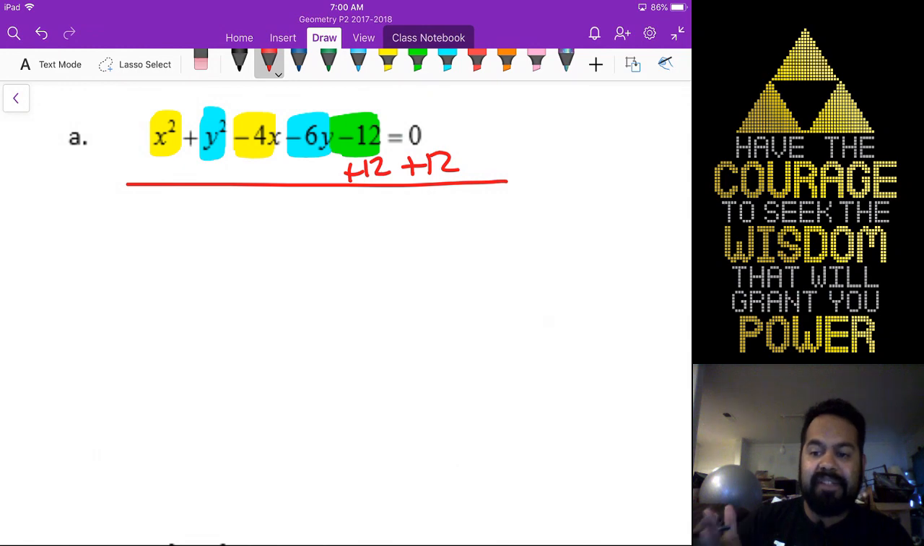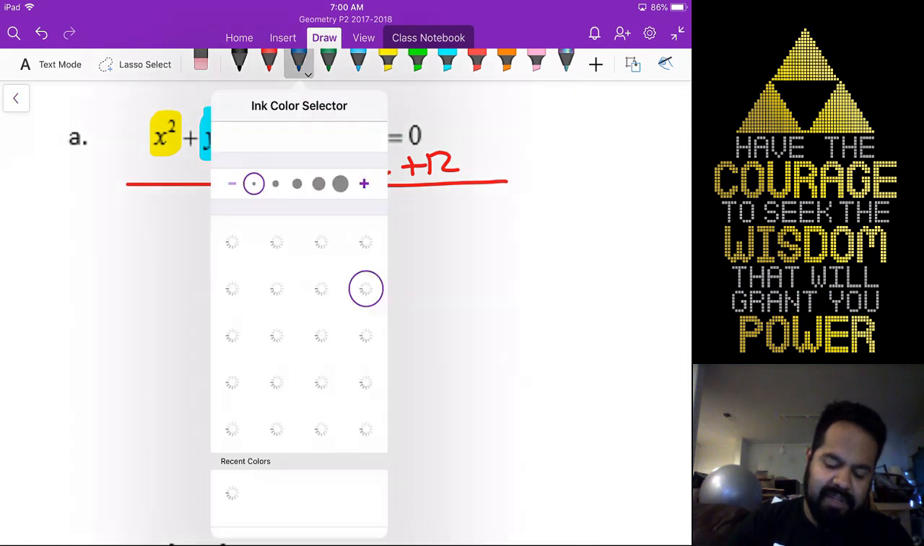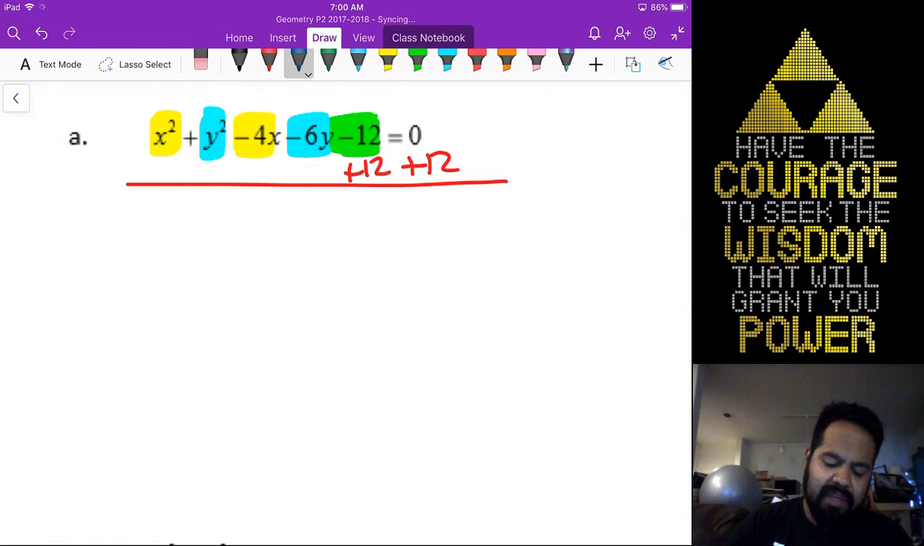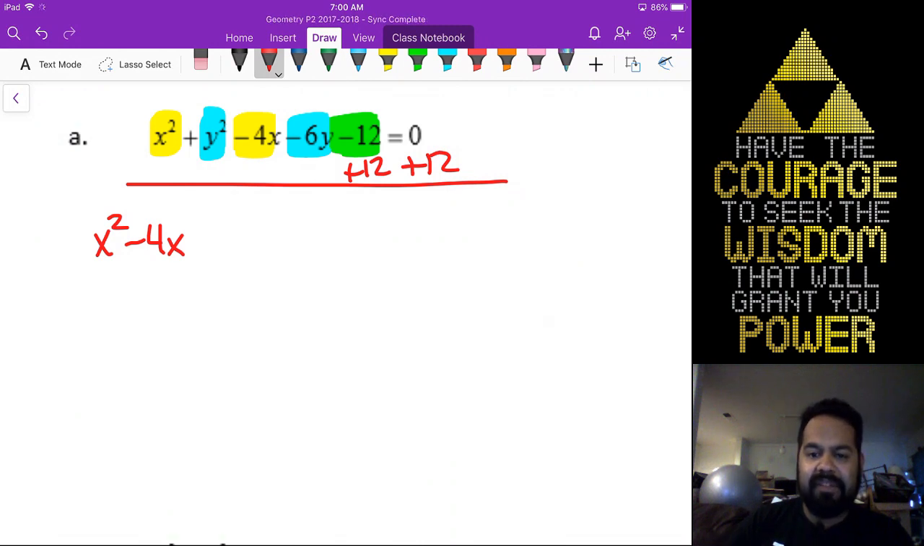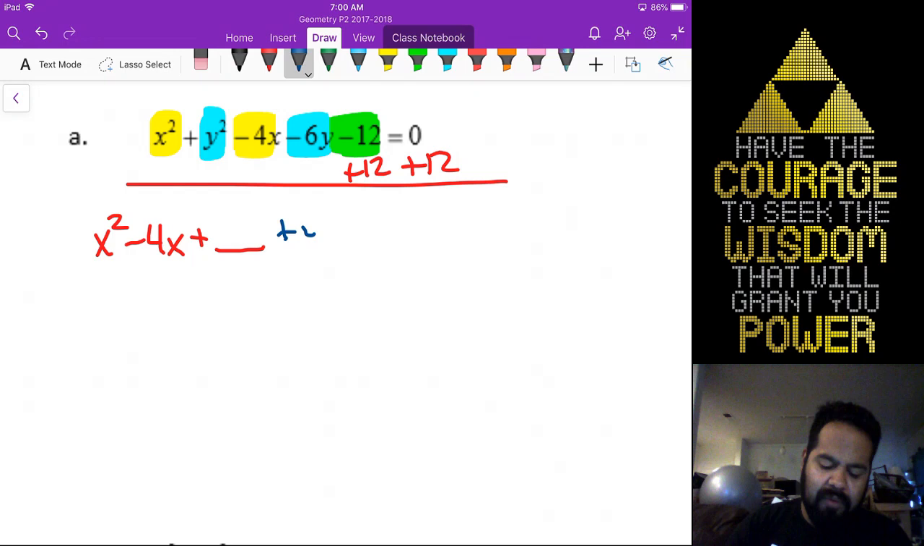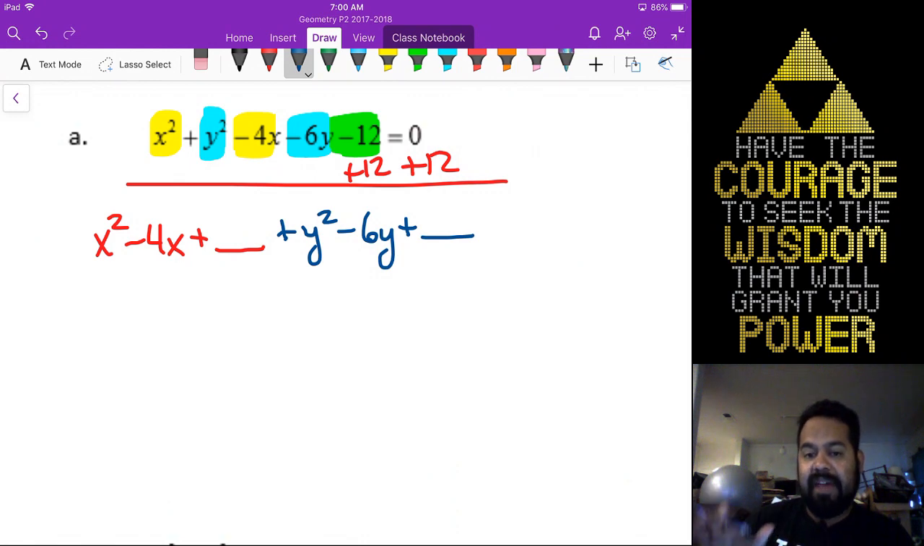Now watch this. I'm going to use the two different colored pens to help me out. Let me make sure the blue is a little, there we go. So check this out. x squared minus 4x, and the first part of completing the square is leaving plus and a blank. That blank is going to be important, and I'm going to show you guys in a bit how. Now we have our y squared minus 6y plus another blank. We're going to be factoring twice, once for the x and once for the y. And that's going to equal